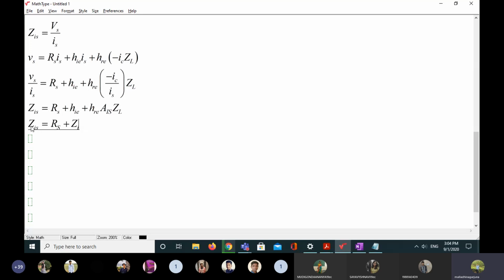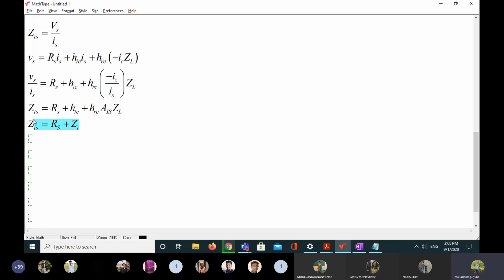So this is my simplest way of coming to the input impedance derivation. Why calculate this much of the derivation and waste our time? I wrote it by explaining that RS is only in series connection with ZI, so RS is added to ZI. So ZIS is equal to RS plus ZI. I wrote it like that simply.